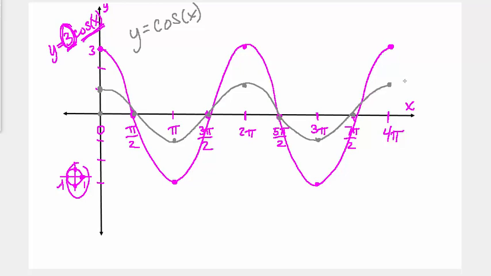you'll see a lot of similarity between these two graphs. The pink one, of course, the bigger one I drew first, goes all the way up to 3 and all the way down to -3 down here. But then the plain old function cosine of x doesn't quite make it up to 3 and down to -3. It's just a little bit shorter or more squeezed vertically. It goes up to 1 and down to -1 and has the same x-intercepts, but just not as drastically high